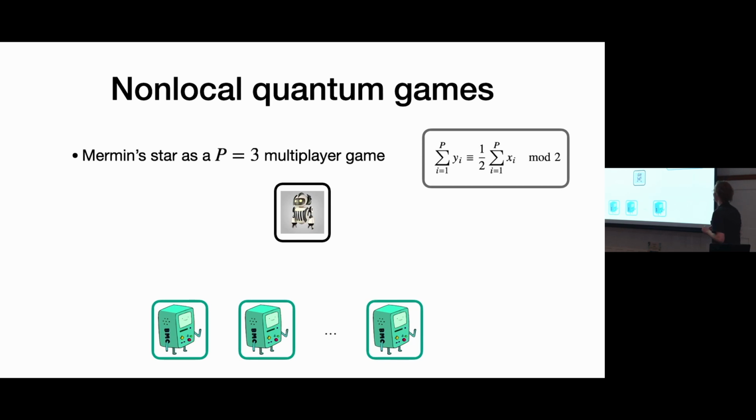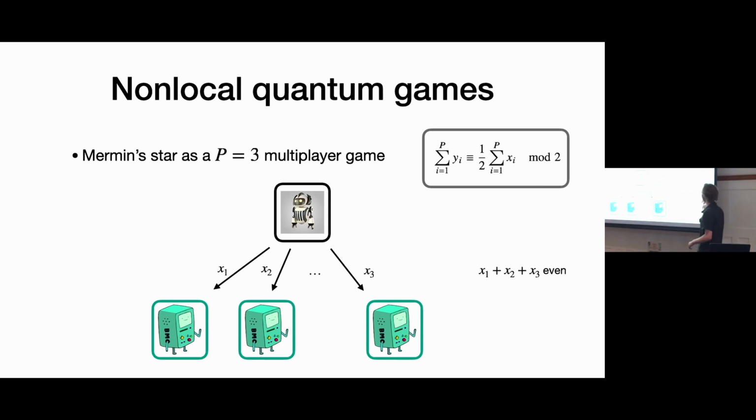And the goal of this game is that the referee will distribute some bits, and then the players don't get to communicate classically or quantumly, but they can have a prearranged strategy. And they want to return bits to the referee that sum to half the value of the sum of the bits the referee sends out. So let me go through that a bit slower. The referee is going to send out 3 bits here. And there's a promise that basically the sum of them will be even. So it makes sense to take half in mod 2.